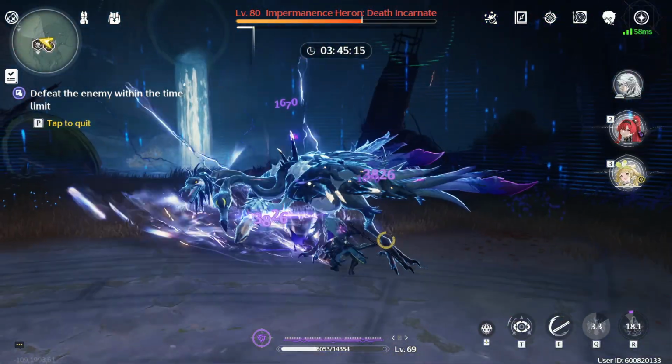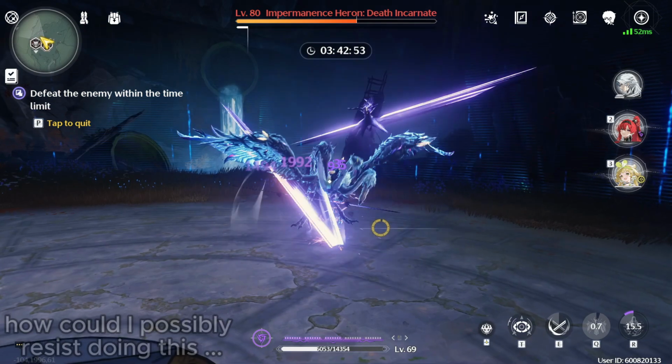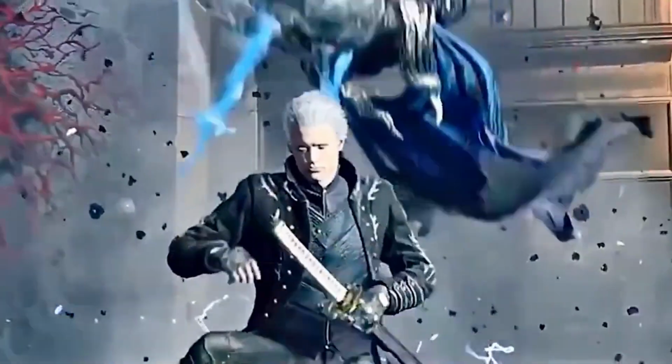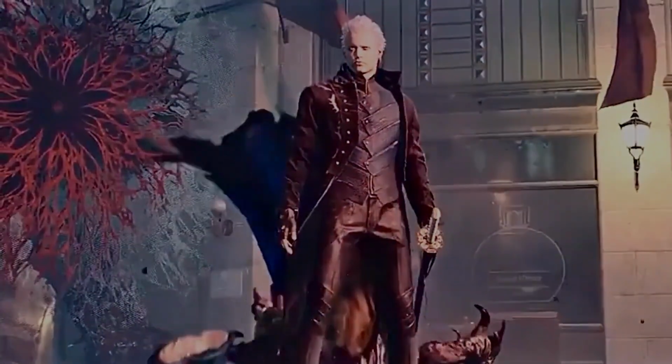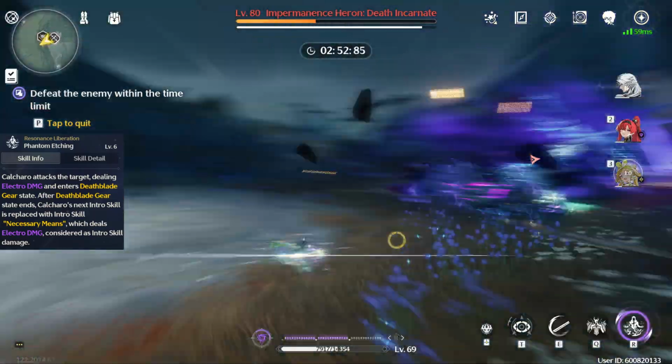In his ultimate, Calcharo's counter also changes into a I am the storm that is approaching. Also, after using the ultimate, Calcharo's next intro skill is swapped with a stronger variation of it, which looks